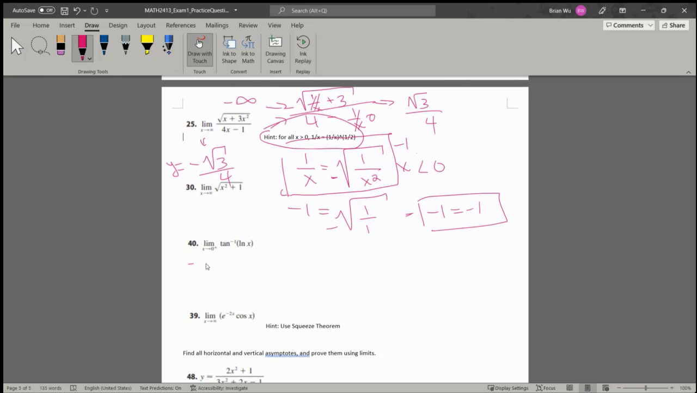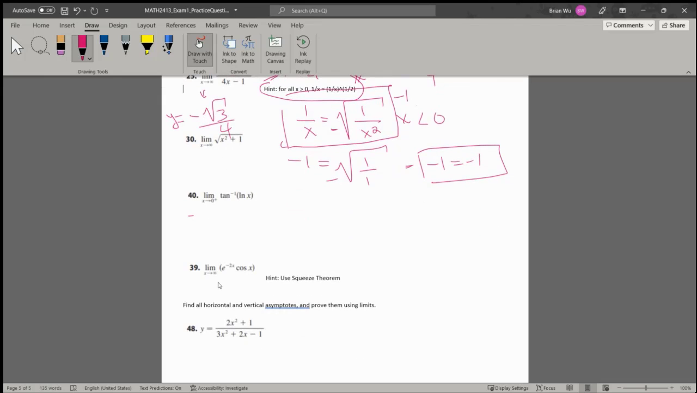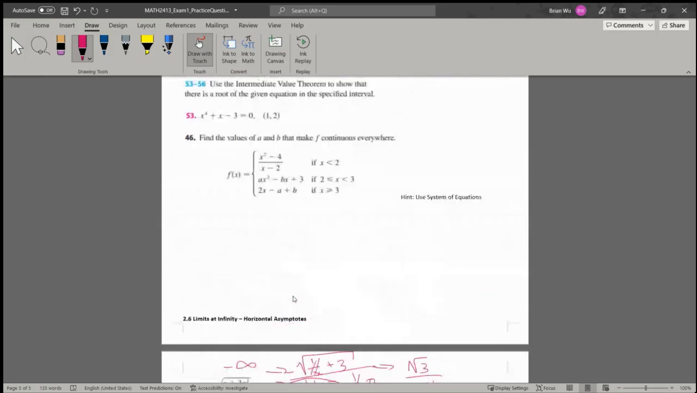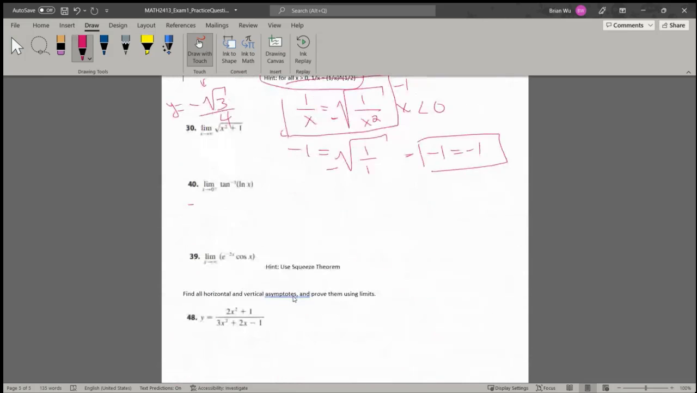Okay. Do you guys want to try any other of these questions? We can do more of these horizontal asymptotes if you want, or we can do any of the previous questions. Number 40? Okay. So for 40,